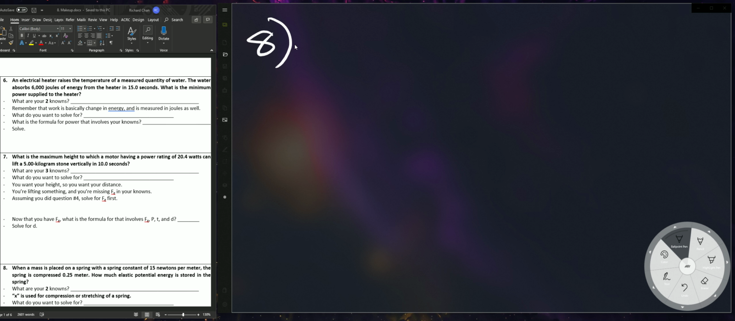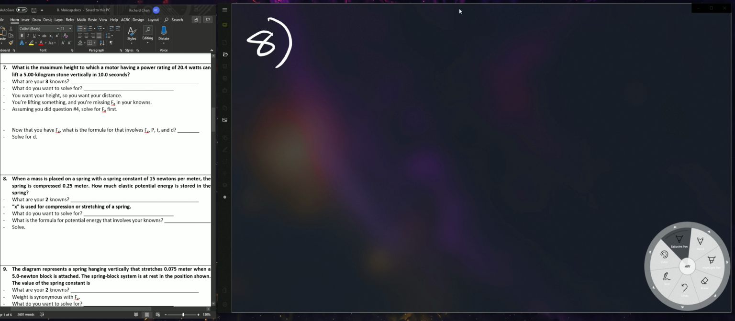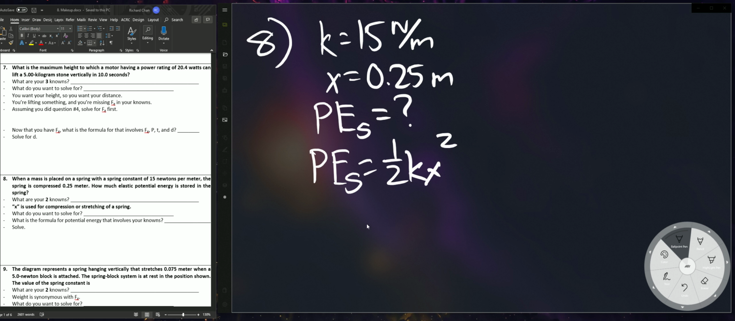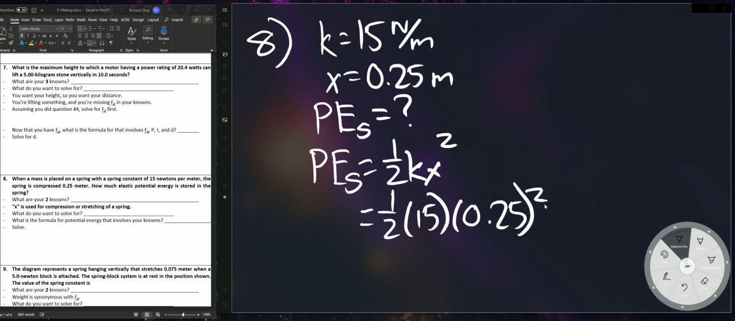And so now we do 8. So when a mass is placed on a spring with a spring constant of 15 newtons per meter, so my k is 15 newtons per meter, the spring is compressed 0.25 meters. How much elastic potential energy? Right, so what is that? And so my two knowns are these, and I want to solve for PES. And so the formula for potential energy of a spring on your reference table is that. So 1/2 times 15, x is 0.25 squared, 1/2 times 7.5, 0.25 squared, it gives you